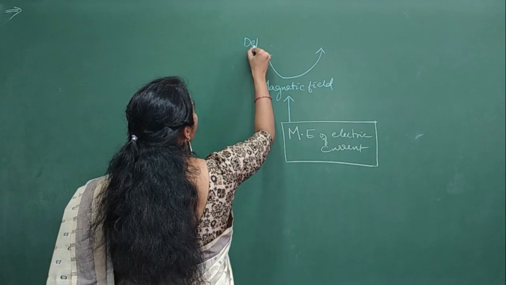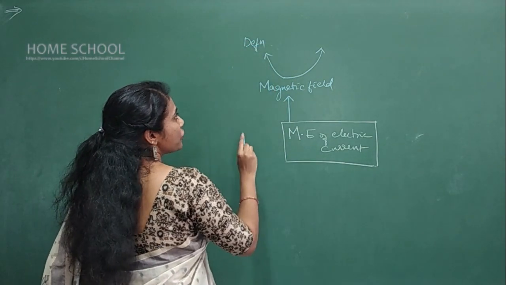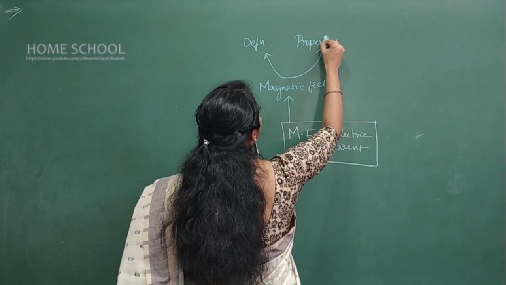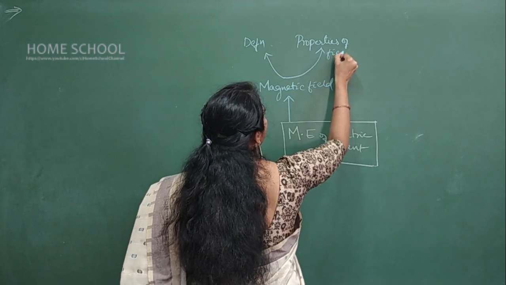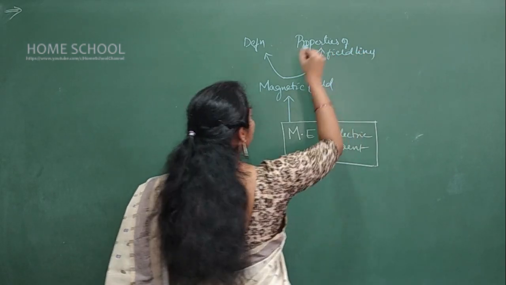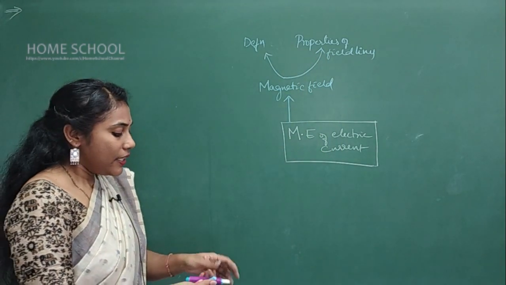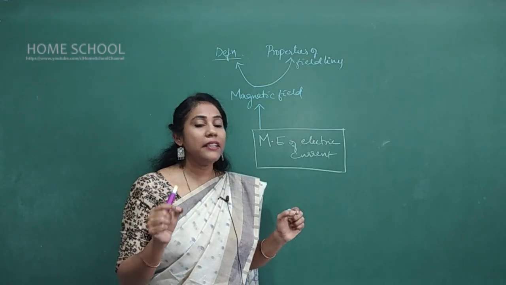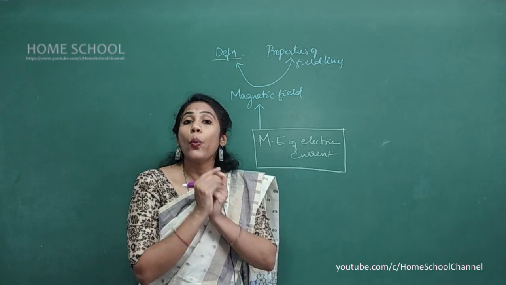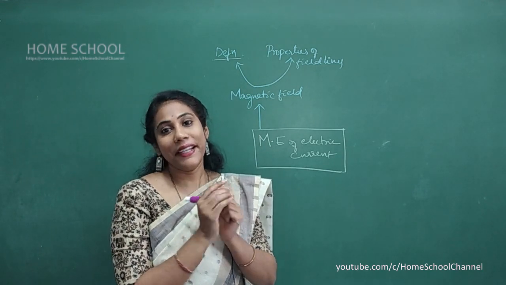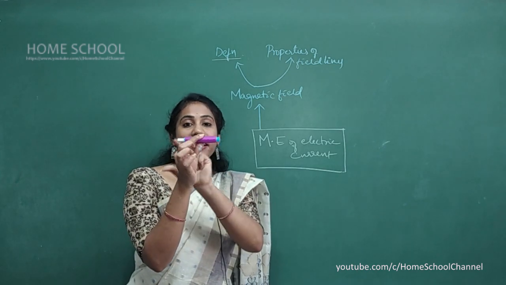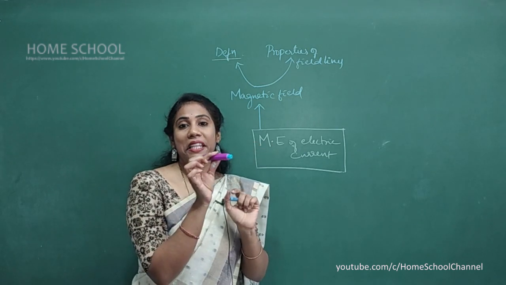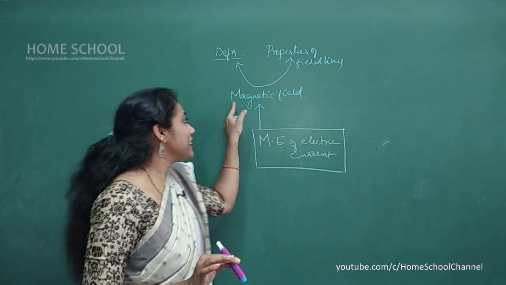So first thing you must know, what do you mean by magnetic field? That is its definition. And the other one is properties of field lines. This is a very important question actually. So can you all just revise what is the definition of magnetic field? It is nothing but a region around the magnet where magnetic force is experienced, right? So if this is a magnet, there is a certain area around this particular magnet where a magnetic force is experienced. That is called magnetic field.